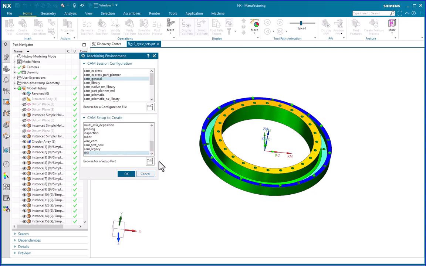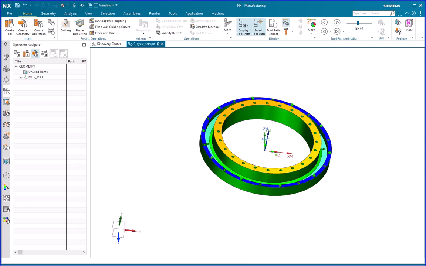If you do not find the drill template here, click on this option called browse for a setup part and then navigate to the preset location where your drill template is there and select the required drill template as per the measurement unit. After selecting the drill as the CAM setup, click OK. So now you are completely in the machining environment. In the part navigator, this is the geometric view where you can see the geometries, that is the MCS mill,